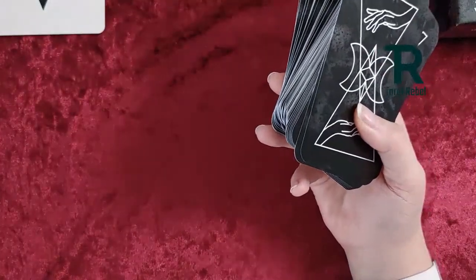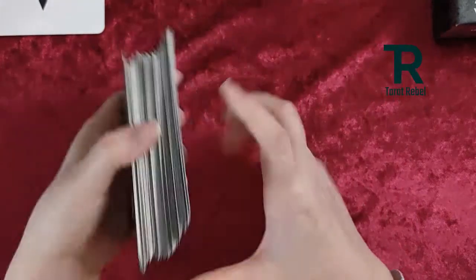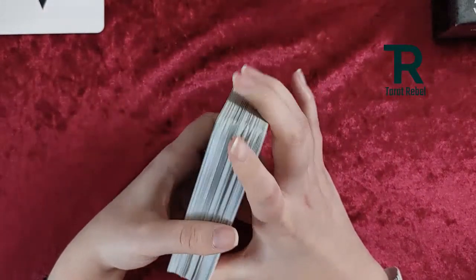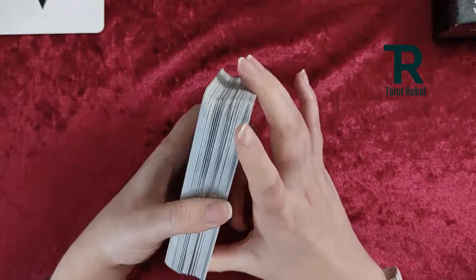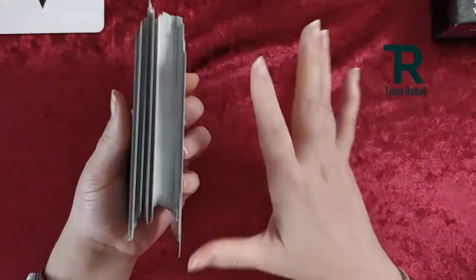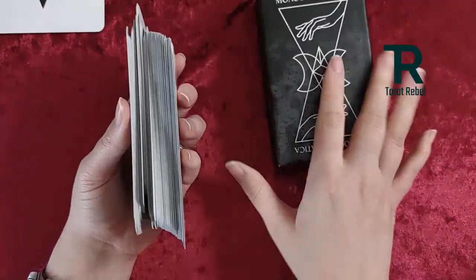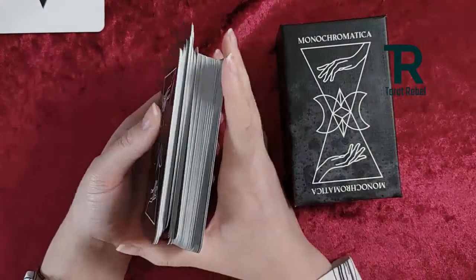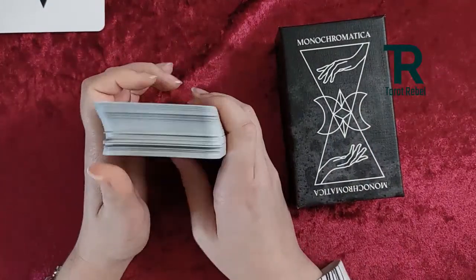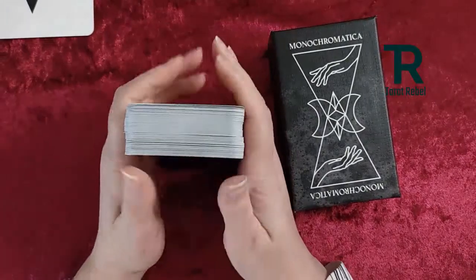I'm never gonna stop using it. I think it's the best. It has the best tones in terms of colored Rider-Waite deck. This was bought in my black and white phase, so hence the Monochromatica deck, which I'm super happy I got in the end. It took me a while to get it, and it was definitely not my last Kickstarter deck,